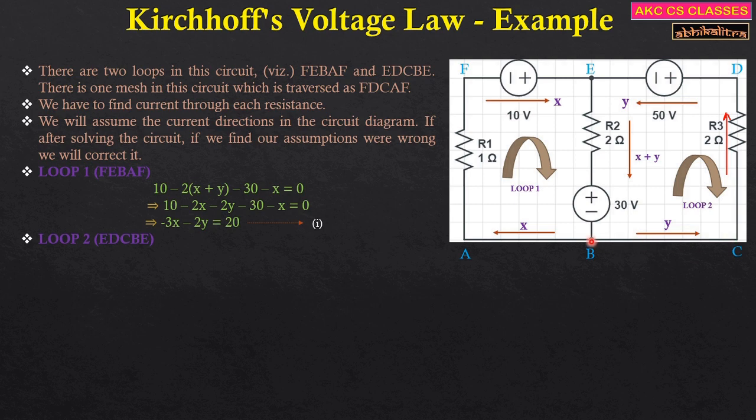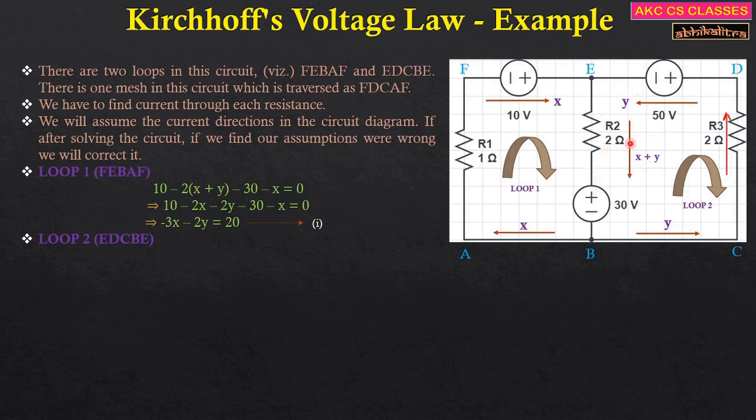Now when we reach B, when we try to move from B to E, we see that first we encounter a voltage source which is again moving from negative to positive plate. That means there will be a rise in potential, and the rise in potential is basically 30 volts. So it will be plus 30 at this particular point. While we are moving from this point to E, we have encountered a resistor. The direction of the current is from E to B, and we are moving from B to E. So obviously that means there will be a rise in IR. So what is I? The value of I is x plus y, and the resistance value is 2.